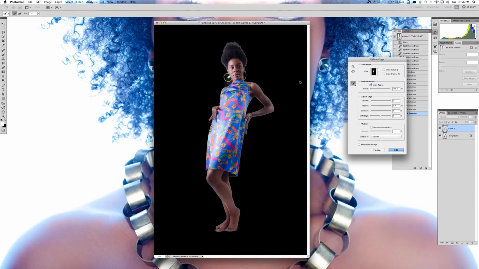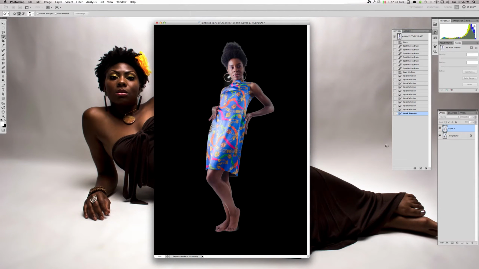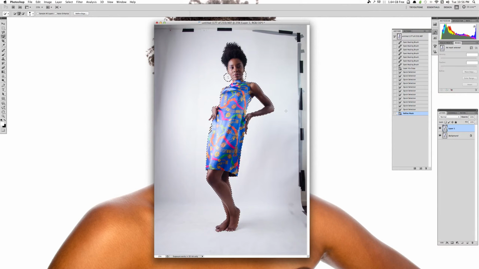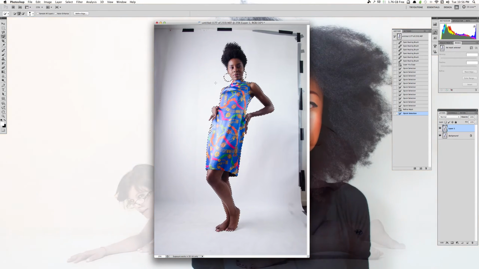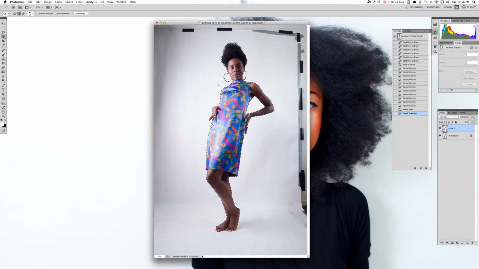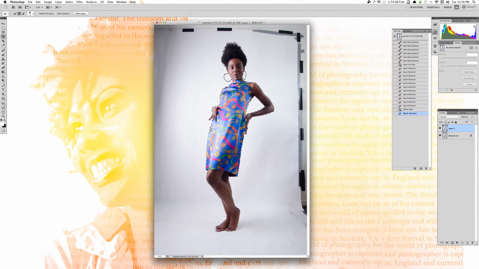Suffice it to say, we've got what we need. Say OK. Give it a moment to percolate. Now, you can choose W, click on Alt, and when you paint, it will remove the selection as opposed to add it. At this point, when you've got your good selection, go ahead and do